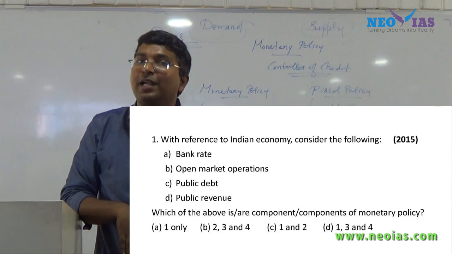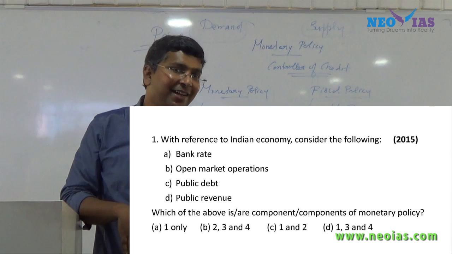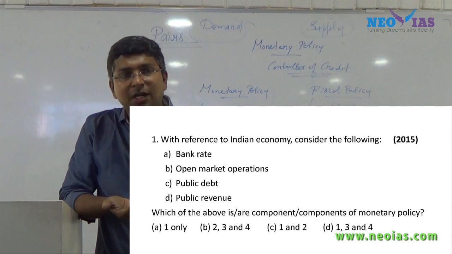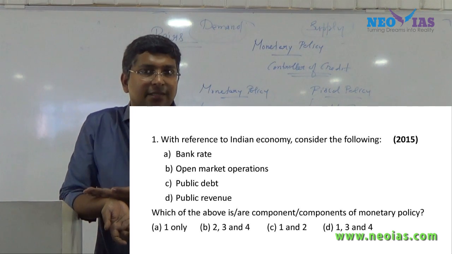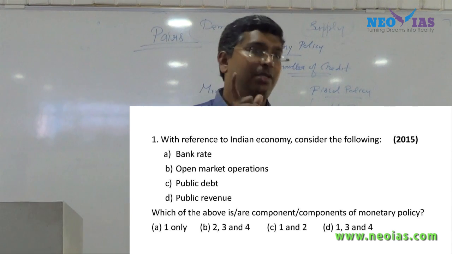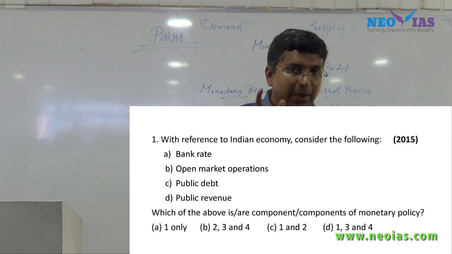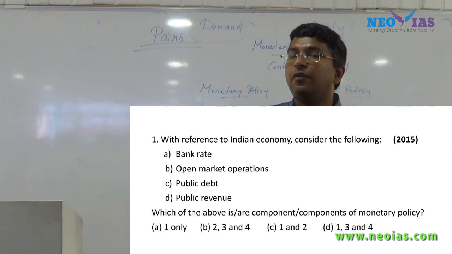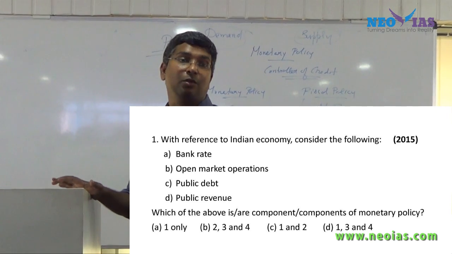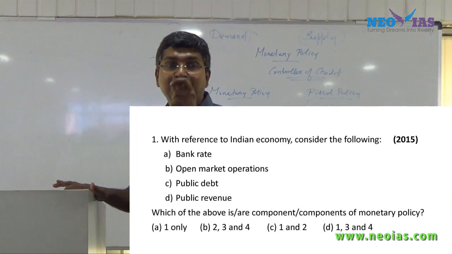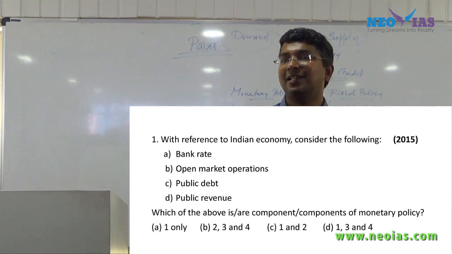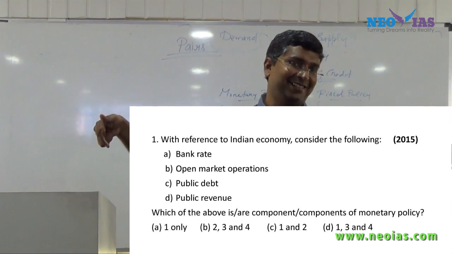Now from the choices you can derive that the first statement is correct. Now you have to find out whether open market operation is monetary policy or not. That you know, you will come to an answer. So please try to adopt these types of techniques in pair questions. Even if you are not aware about the first point, or the second point, or the third point, the fourth point will help. If you know the fourth point, that knowledge is sufficient to solve the question and you get your answer.